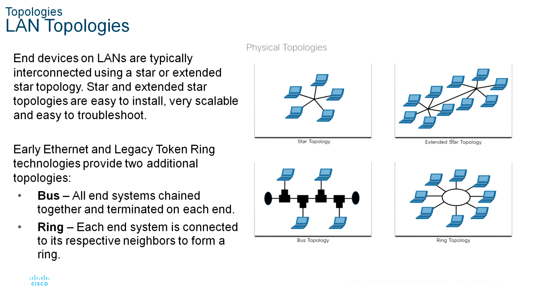In this type of topology, n devices are connected to a central intermediary device, in this case an Ethernet switch. An extended star extends this topology by interconnecting multiple Ethernet switches. The star and extended star topologies are easy to install, very scalable, and easy to troubleshoot. Very scalable indicates it is easy to add and remove n devices.